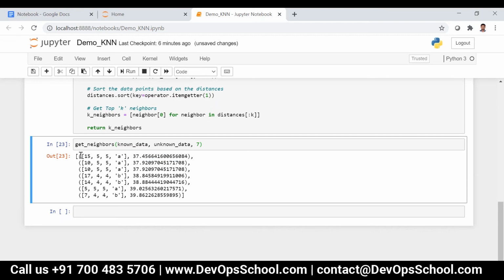So I am looping through each and every tuple, and then I am just retrieving this particular data point alone.